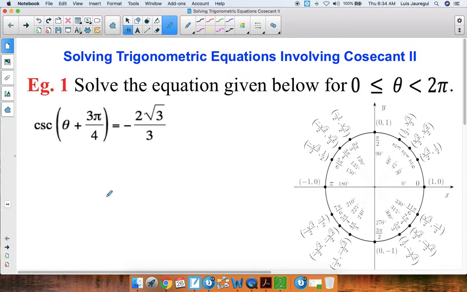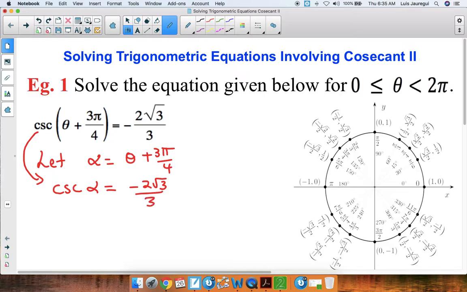Here we have cosecant of theta plus 3 pi over 4 is equal to the opposite of 2 square root of 3 all over 3. So let's go ahead and start by defining a new variable, alpha. So let alpha be equal to theta plus 3 pi over 4. Thus, this particular equation becomes cosecant of alpha is equal to the opposite of 2 square root of 3 all